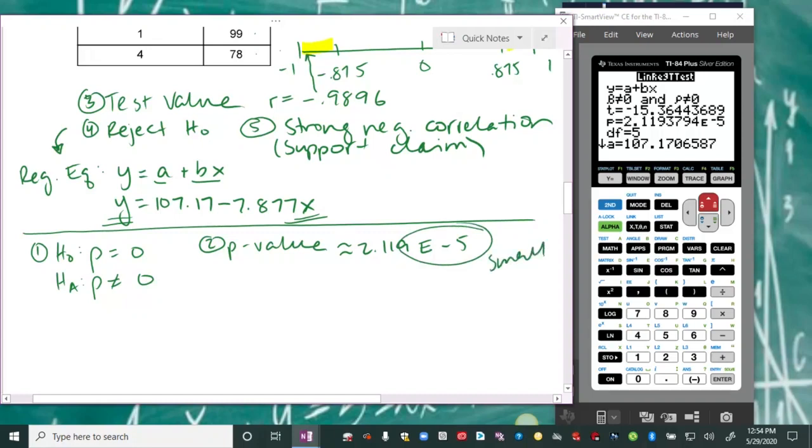This is the area in the tail cut off by our sample value, by our R for this particular test. So that means that we've got 2.119 times 10 to the negative 5, 5 decimal places, 1, 2, 3, 4, and then one before the 2, 119. This is the area in the tail we're comparing with that area of